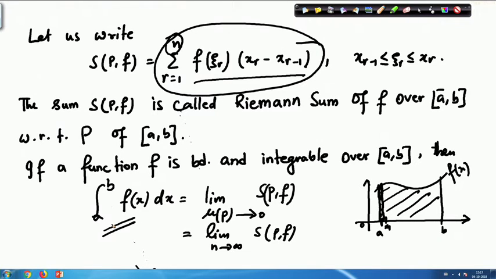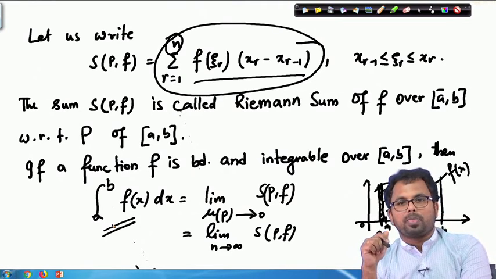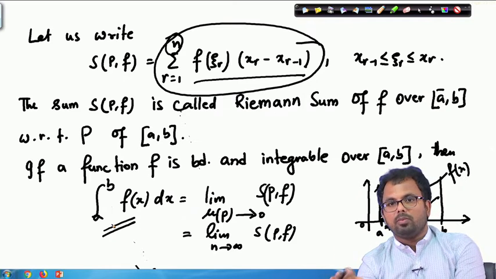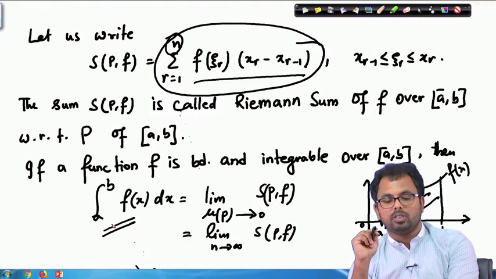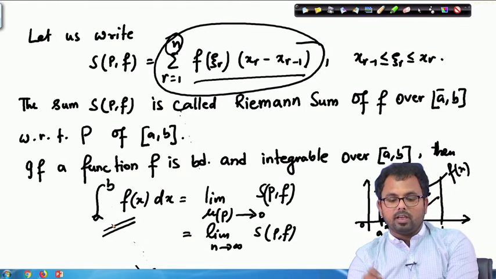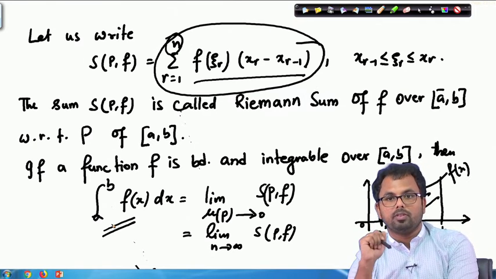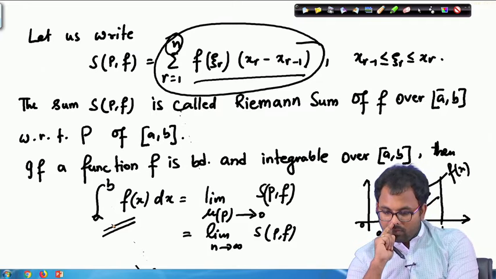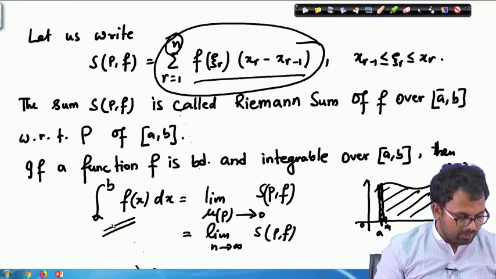The proof of the theorem is a little bit complicated, but you can find it in any standard integral calculus book, where they have shown the proof with the help of upper sum and lower sum. It's not that difficult, and you can go through that proof. However, for our lecture, we will try not to get into those details, but just to give you an idea how the Riemann sum is related to the definite integral. Now that we know this, we'll jump to a new result,